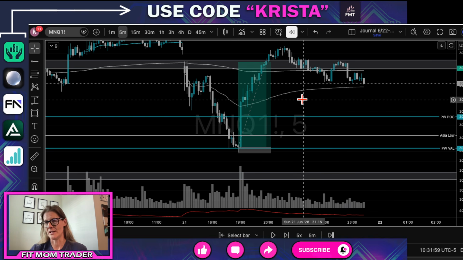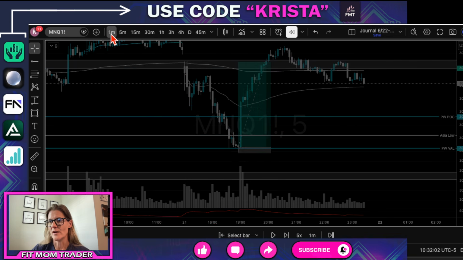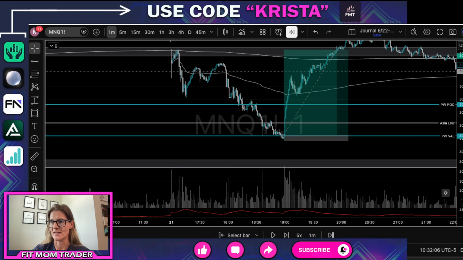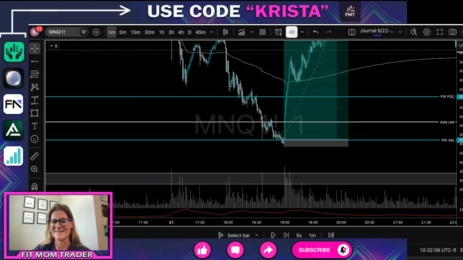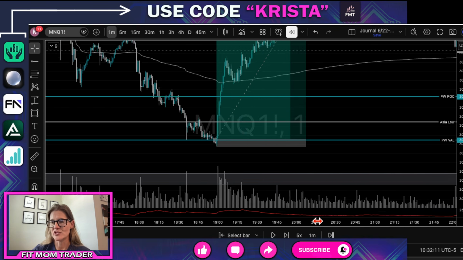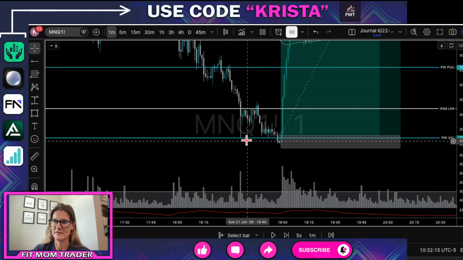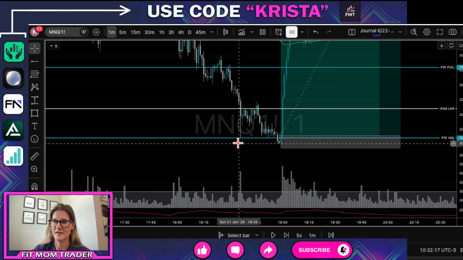The way I trade it is on the 1-minute. So obviously the win rate is a little bit lower. I do take some paper cuts with it, but the upside is massive. So the way I traded this on the 1-minute, if you look here, this wick right there,